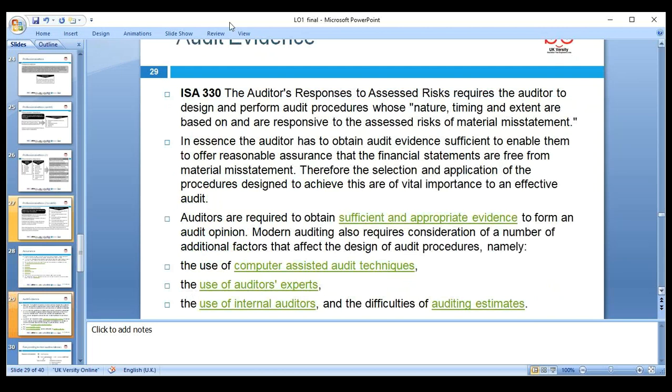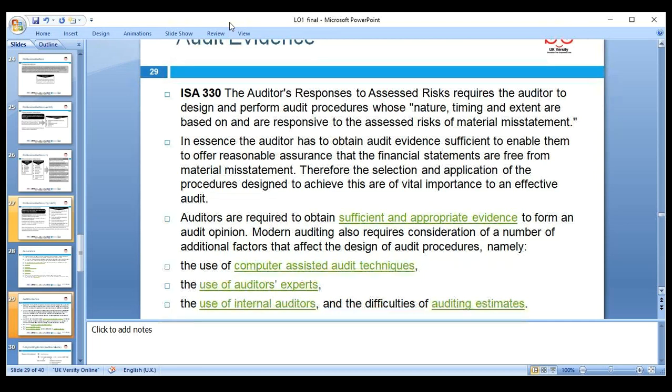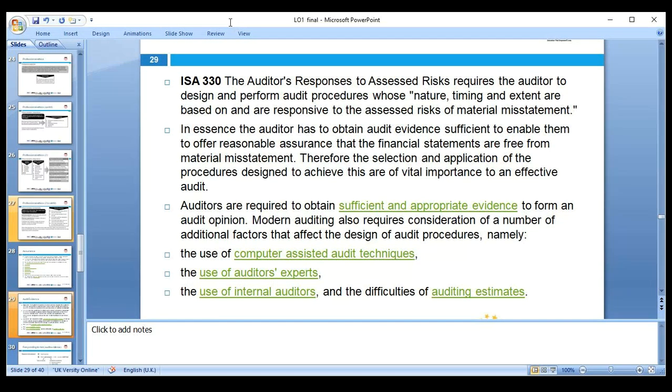Okay, ISA 300, which is an audit standard, requires the auditor to assess the risk, and to design and perform audit procedures. The nature, timing, and extent are based on the assessed risk of material misstatement. Third-party evidence is always good to get, free from material misstatement in the financial statements. For example, someone else's property, like we have the new leases, IFRS 16. Have we heard about IFRS 16?